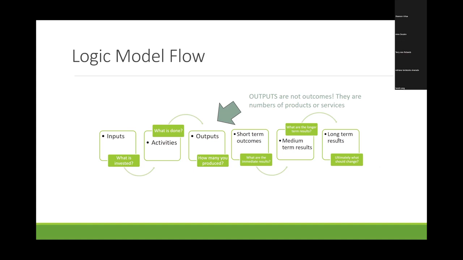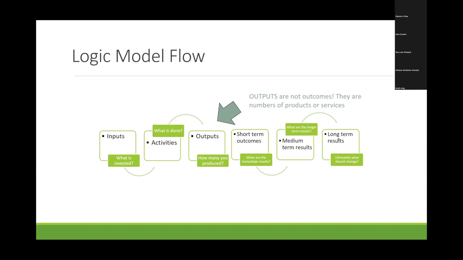And we think about these results, and for those who have gone through an evaluation class, this is not new news, but we think about things in terms of two different categories of what happens as a result. One category we call outputs, which is basically the number of products or services that are provided, not whether or not they did anything for anybody, just the fact that you actually provided them. So a lot of times we give the example of brochures. It could be that the brochure was in Russian and nobody in the community was Russian, but technically you have outputs of having distributed 1,000 brochures.